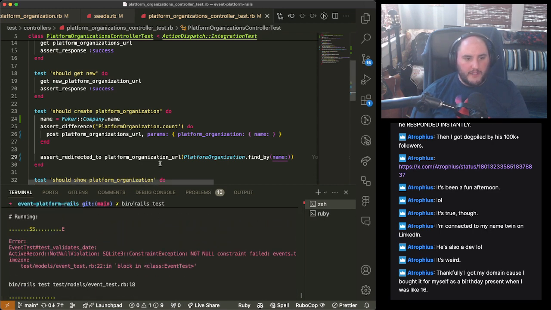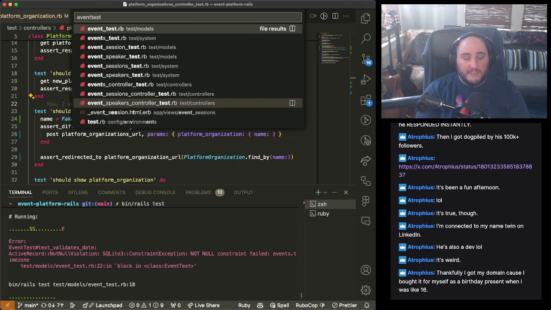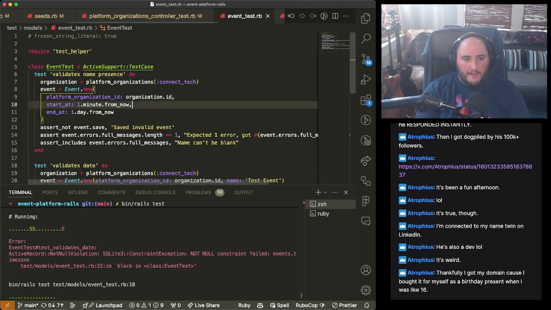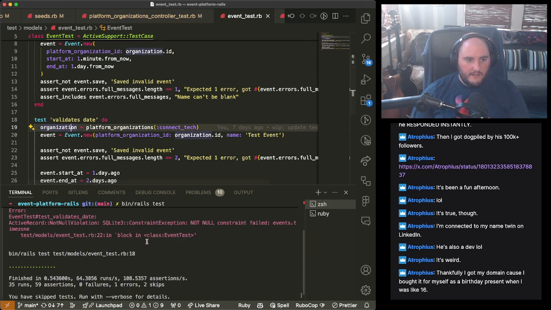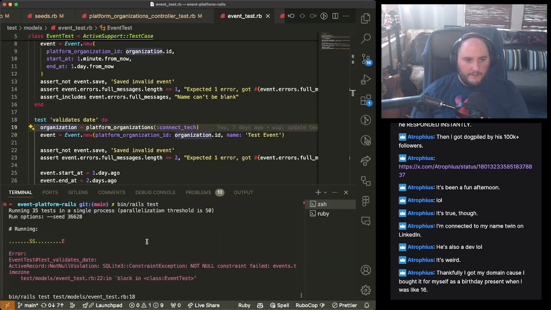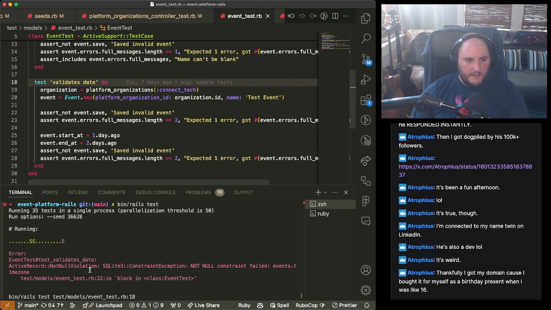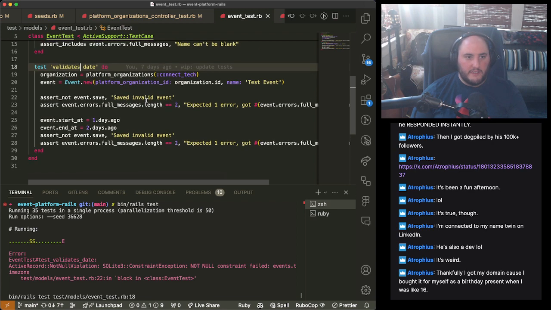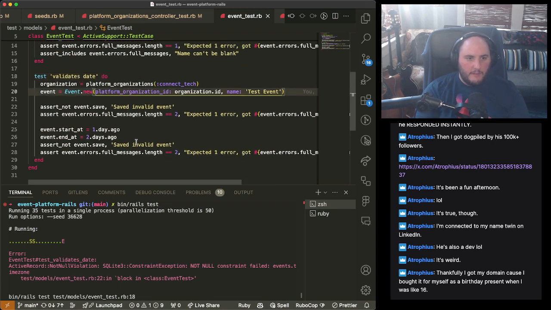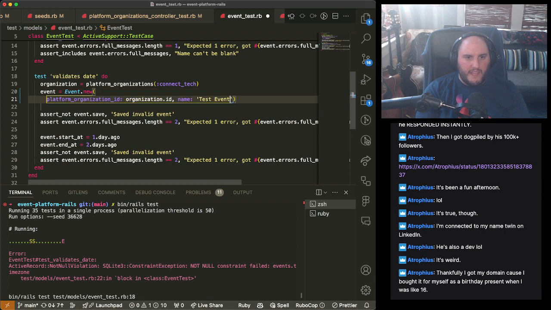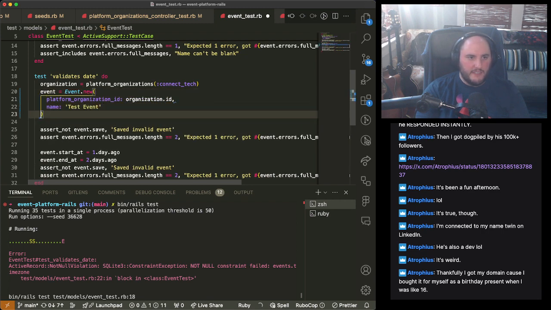we're closer. So now we have event test, event test model, saying that time zone needs to be set somewhere. So this is validates date, right? Validates date needs to have apparently time zone. Who would have thunk it? Okay. And this is probably going to fail a few other validations now that I'm looking at it.